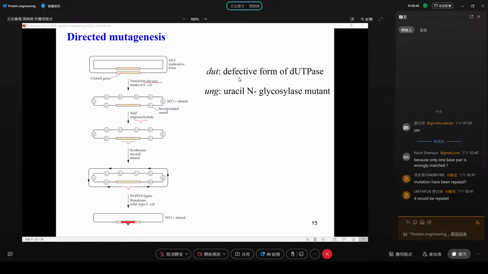coli. What's the DUT mutant and the UNG mutant? They are defective forms. DUT is dUTPase, and another one will be uracil glycosylase mutant. I will apply these 2 mutated forms of the E. coli here. Because you see that